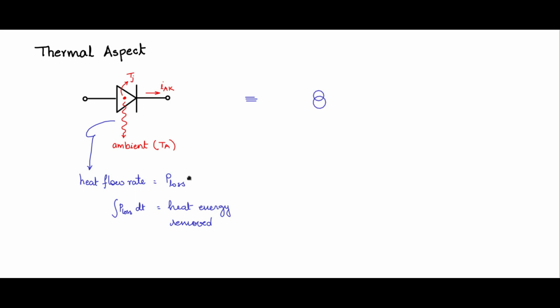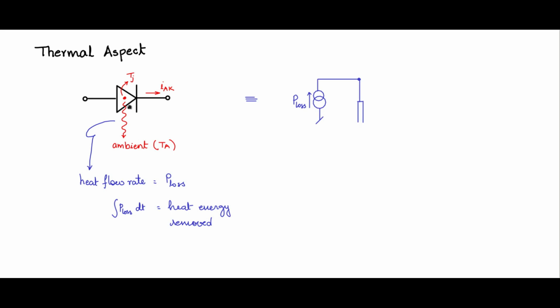So let me have a current source here. Now what is the value of the current source? We are talking about the heat flow rate. Heat flow rate is the one which is flowing out from that junction, which is at a potential, which is temperature of Tj. This heat has to flow. So let me use for this current the value of P loss for this current source. So a value of this P loss is flowing, and let me have this node. The node is the junction which is at Tj potential.